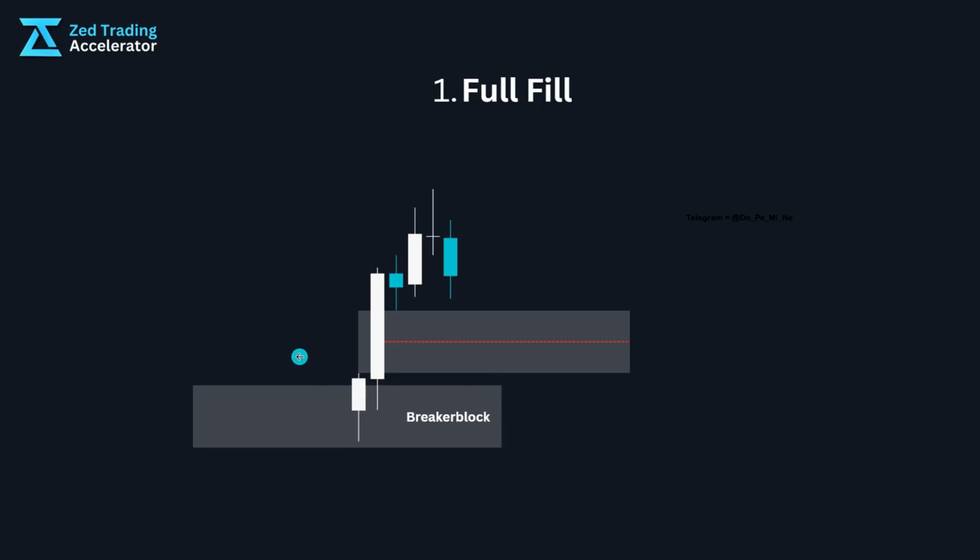Alright, so I need you to take this down on your notes. As we can see, the price respected our first line of defense, right? That is the first line of defense since we have no other PD arrays in this area. And now the price has continued higher. As you can see, the price reached back down into the discount zone before going higher.